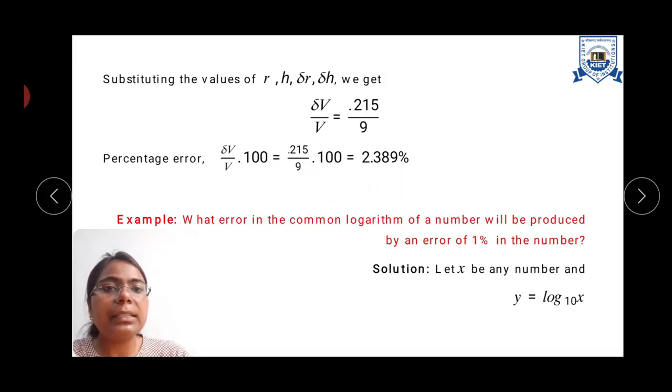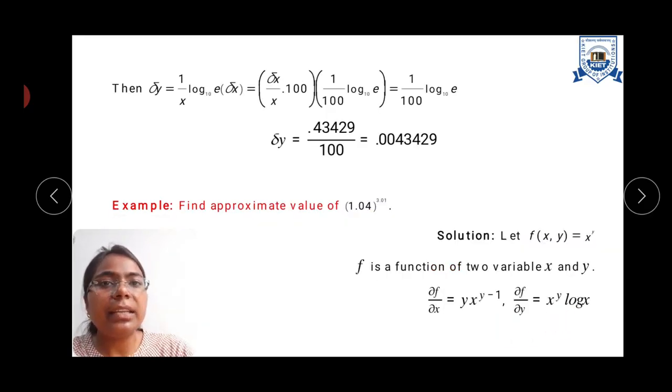Our next example is, what error in the common logarithm of a number will be produced by an error of 1% in the number? So let x be any number and its log is represented by y. So y is equal to log x base 10. It's a common logarithm, so its base will be 10. If we differentiate it, then we get del y is equal to 1 by x log e del x